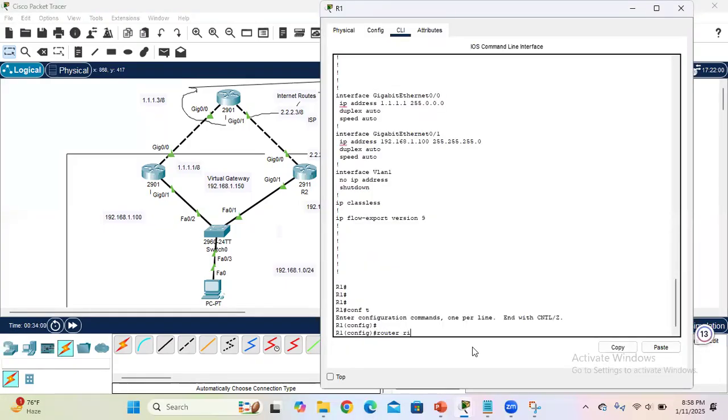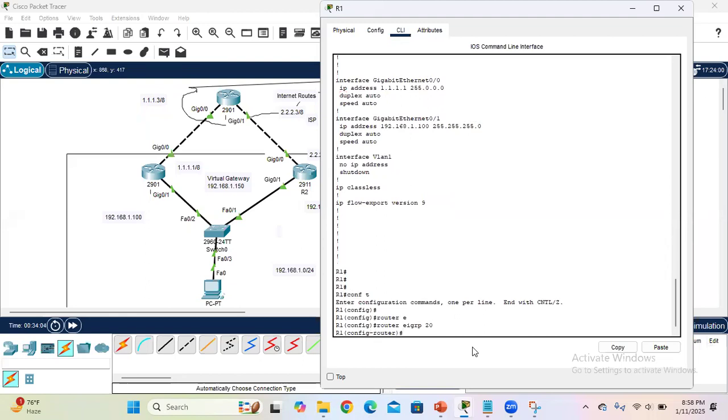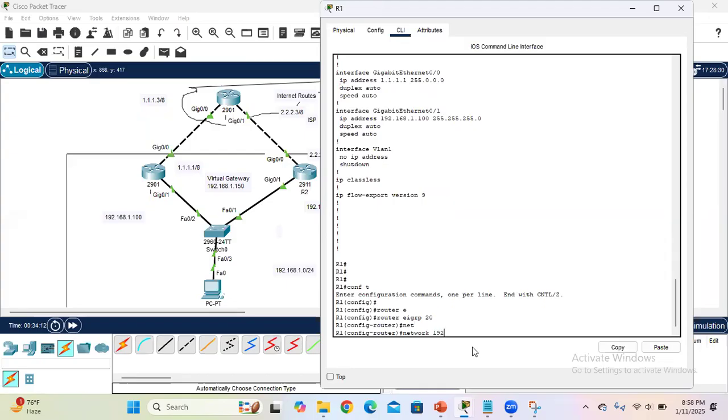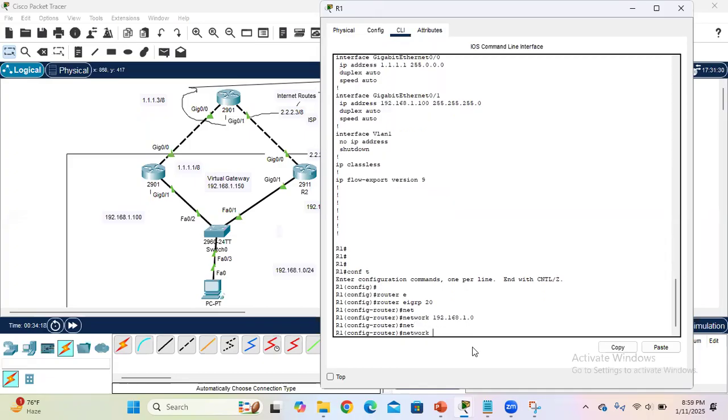Let's take group 20. What is the network I have? We already learned this. HSRP, and what is the network? That is 1.1.1/